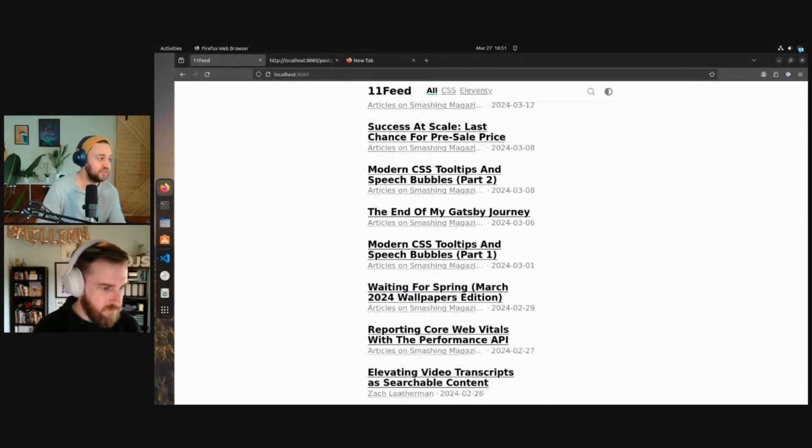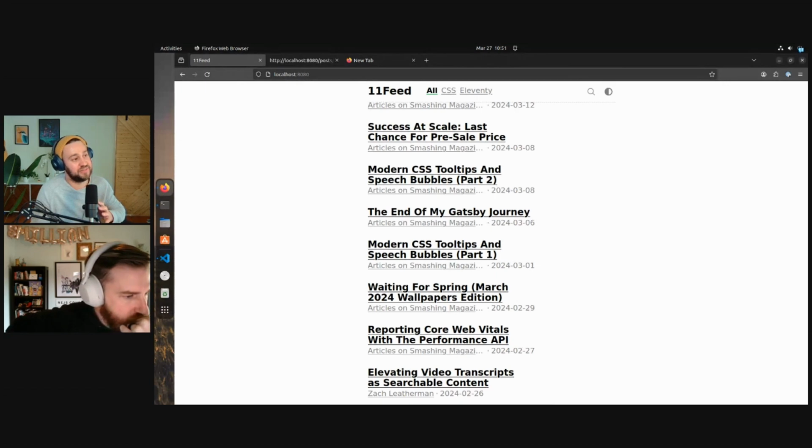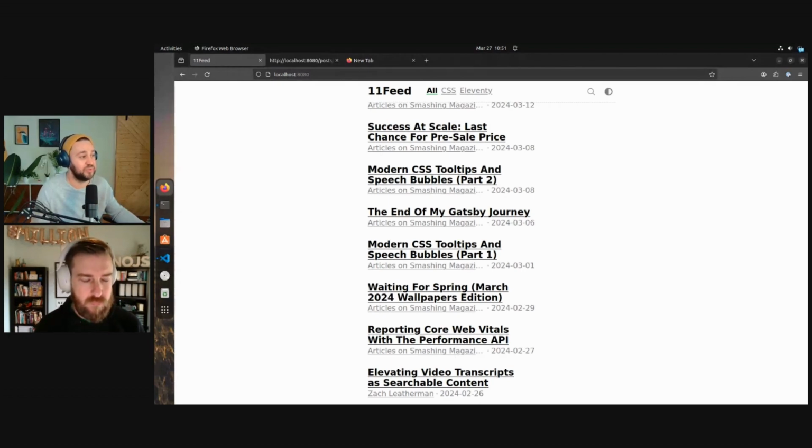I can't quite see the bottom of my page. And then I can click in here and see a list of my feeds. So in here is going to be the export. I always forget the format. But yeah, you'll be able to export someone's RSS feeds and then import it into your Eleventy feed. The one thing I wanted to get your